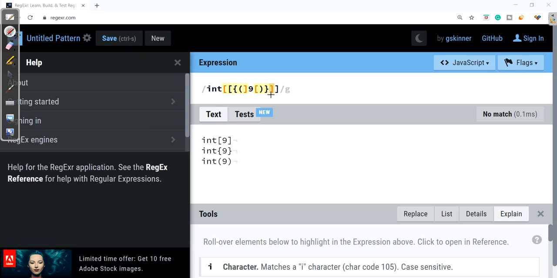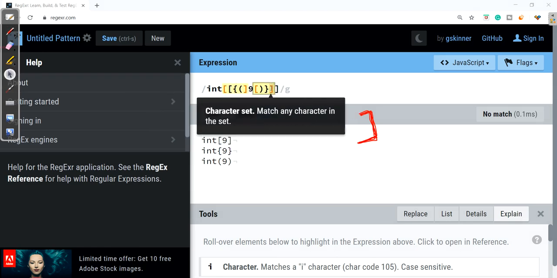So you have seen, as soon as I have given the square bracket, it is not matching any of them because it is taking it as the closing of the character set. That's why square bracket is an exception of meta characters inside character sets. Square bracket is one of them. Now we need to do something, otherwise we won't be able to match this here. So as to match it, I need to escape it.